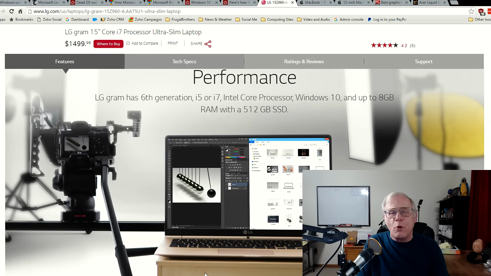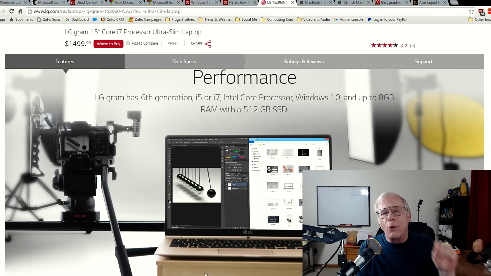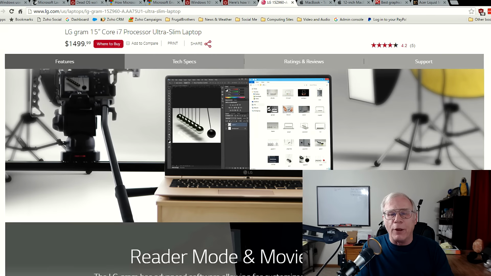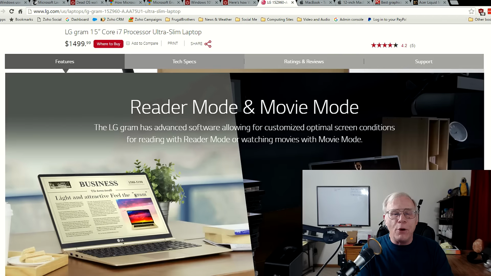Unlike the MacBook, which only comes with a Core M processor, this thing comes with the new Intel Core i5 or i7, dual core, the 6500U. I'd have to look it up, but yeah, that's what it comes with. With the reader mode, sort of like maybe the new iPad Pro has. Beautiful.